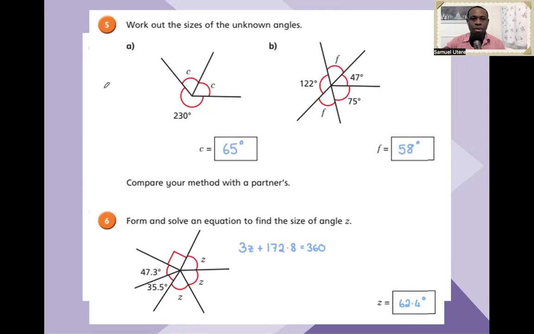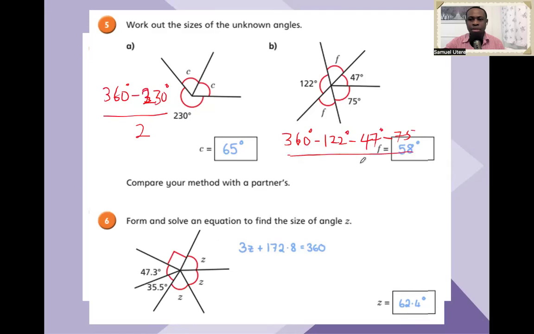So step 1, you have to do 360 degrees minus 230 degrees. And then whatever you have left, you have to divide by 2. Okay, so you do that one first, and then when you finish, you divide by 2, and that will give you C. This one, you'll have to do 360 degrees minus 122 degrees minus 47 degrees minus 75 degrees, and whatever you have left, you have to divide by 2 because you have